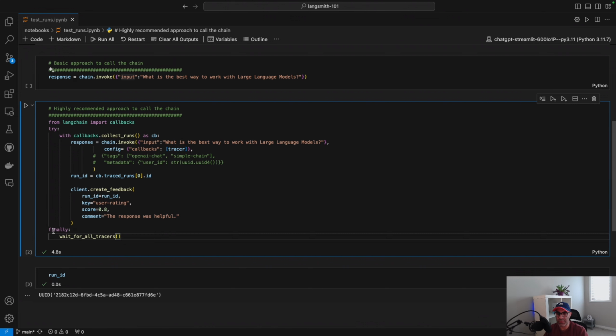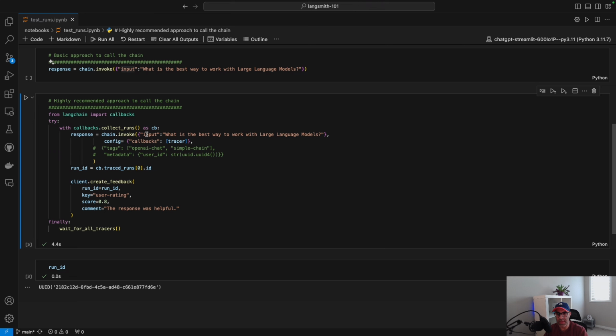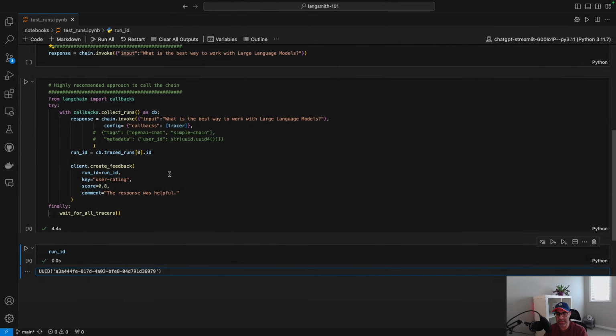So it's very nice to have that as well. So if I run this, we ask the LangChain model, what is the best way to work with large language models? So now let's go to the Langsmith dashboard and just see the results we got.